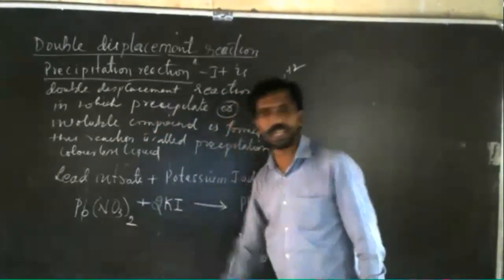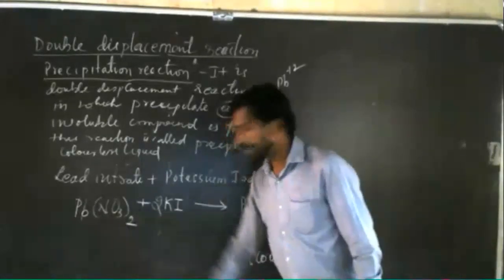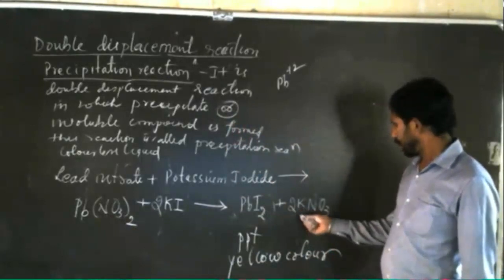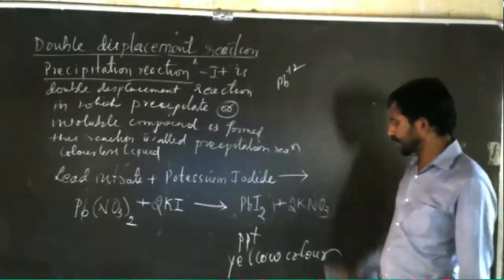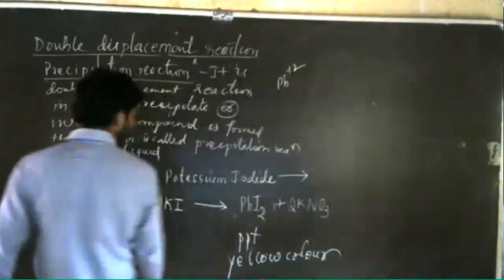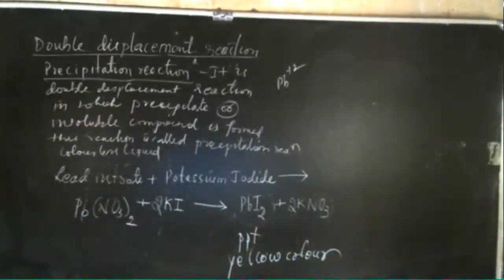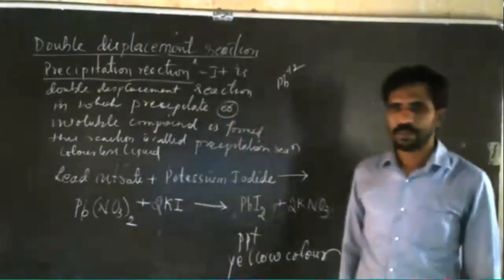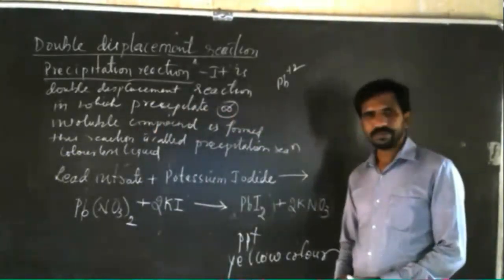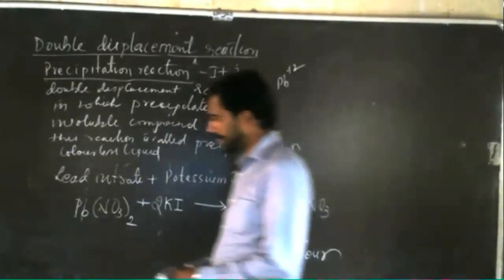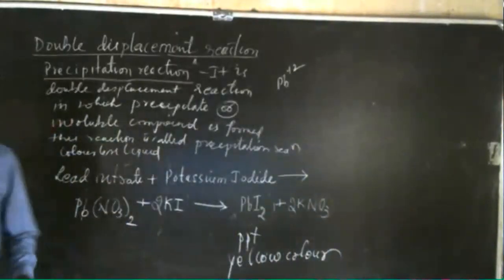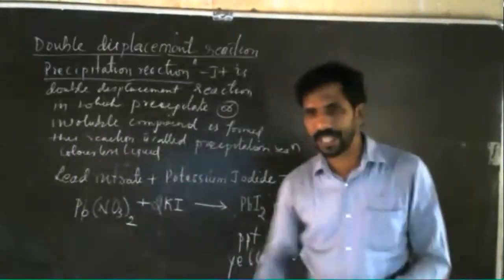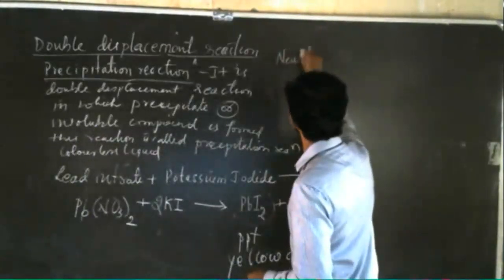So nitrogen becomes 2. By writing 2 over here, nitrogen became 2. Already nitrogen is 2 over here. NO3 twice means this 2 represents the N also. That's why nitrogen is also balanced. What about oxygen? 2 times 3 is 6, so 6 oxygen is already available. Now it is balanced. The equation is balanced. So this is about the double displacement reaction.